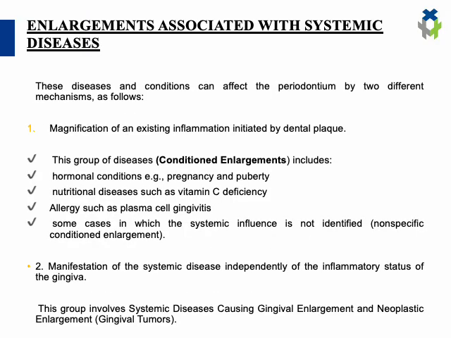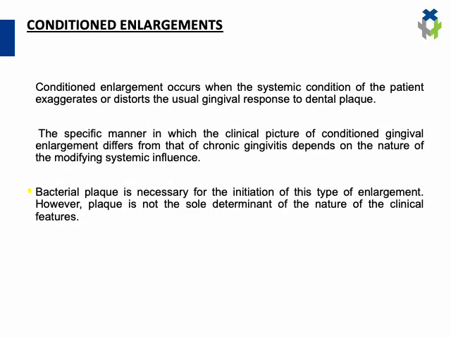Fourth one is the enlargement associated with systemic disease. These diseases and conditions can affect the periodontium by two different mechanisms. First one, either by magnification of an existing inflammation initiated by dental plaque or manifestation of systemic disease independently of the inflammatory status of the gingiva. Conditioned enlargement occurs when the systemic condition of the patient exaggerates or distorts the usual gingival response to